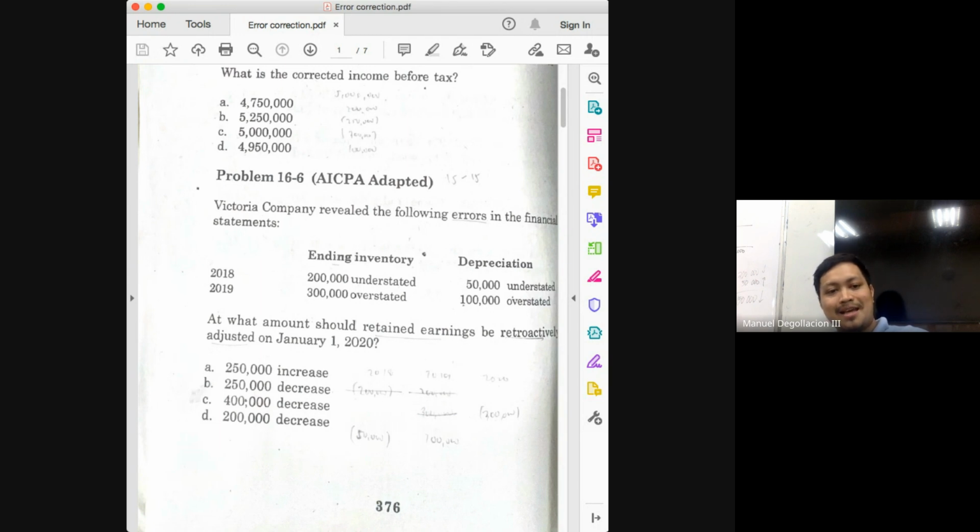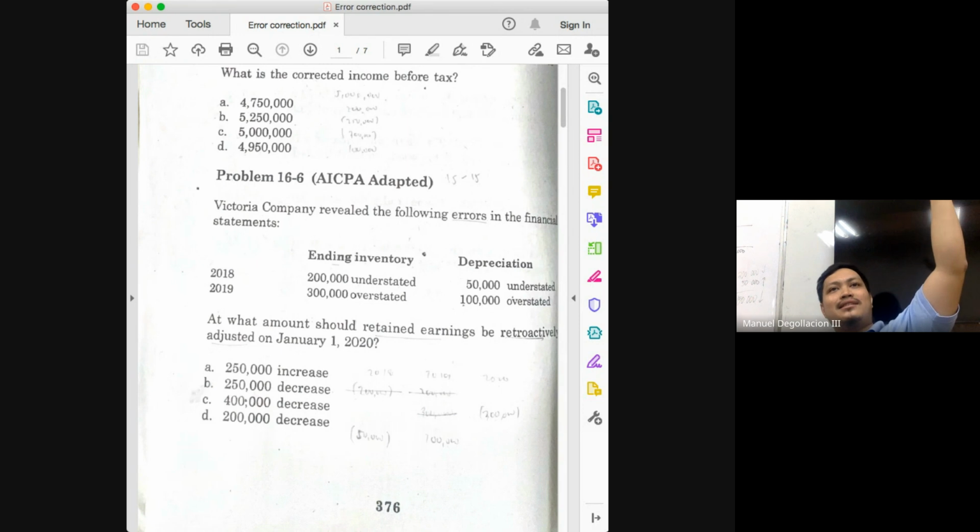Let's proceed to 2019. And this is where students could also get it wrong, class. How many adjustments did we have in 2018? We have 2. But in 2019, we will now have 3. And again, this is where students will forget. The ending inventory in 2018 will become the beginning inventory in 2019. Okay? And why is that relevant? Because your beginning inventory is also a component of your cost of goods sold. So we'll have to analyze.